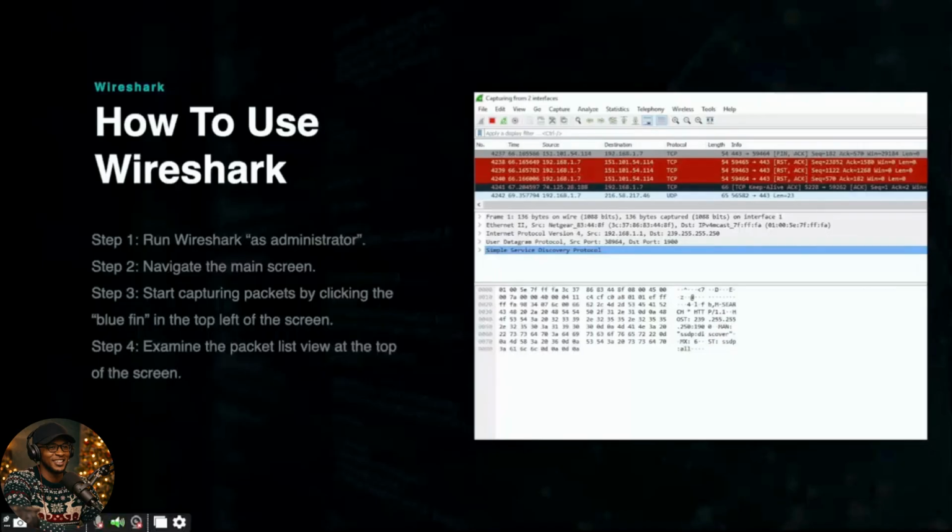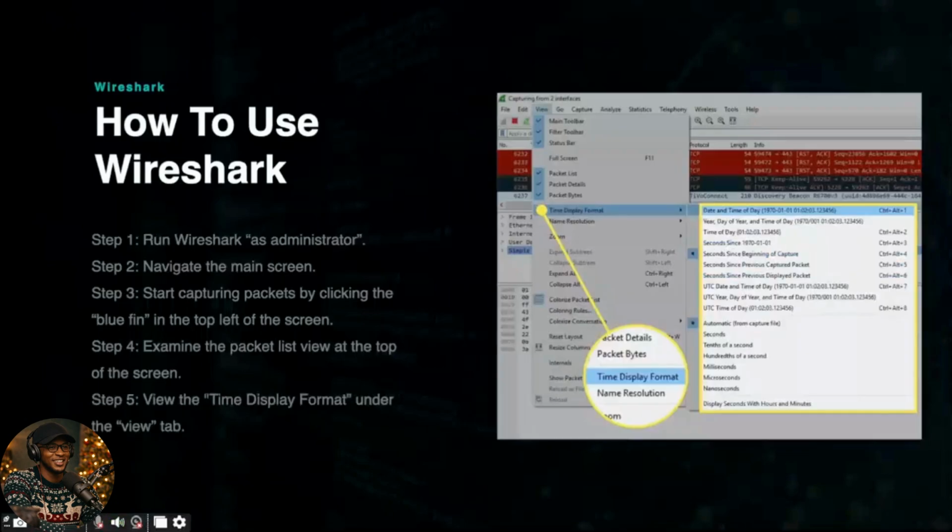Each packet has its corresponding information located to the left and right. This includes time, source, destination, protocol, length, and additional information. They will also likely be color-coded, which represents different rules that can be changed in the software. You can change the format of the packet list view by clicking on the View tab, then hovering over the